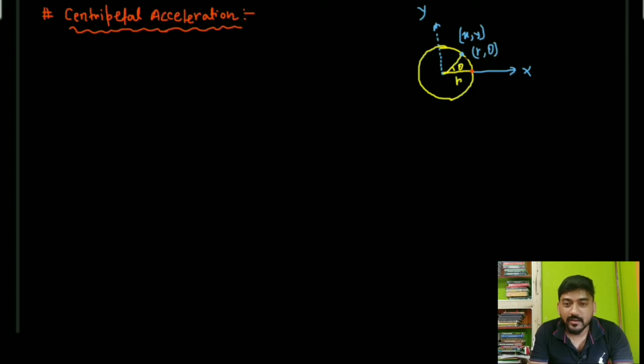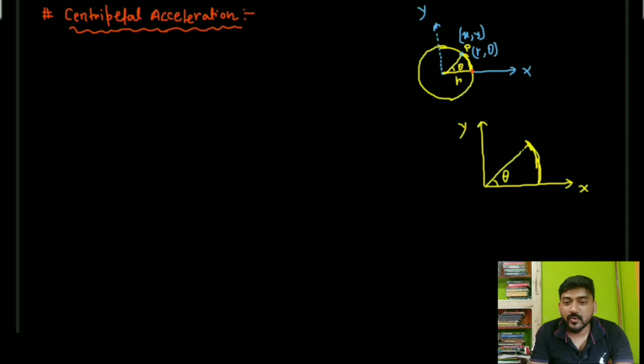Let me show this point in another diagram. So this is a part of the circle. Let me draw just this part of the circle on another coordinate system. So this is my x and this is my y, and this is the point P. This is the part of the circle, and this angle is theta.